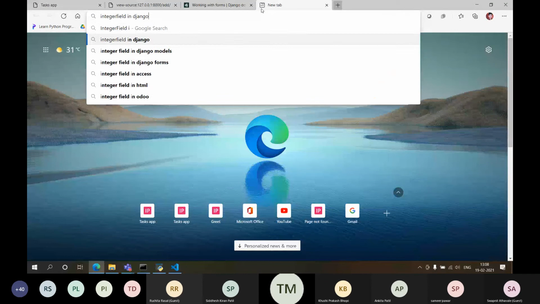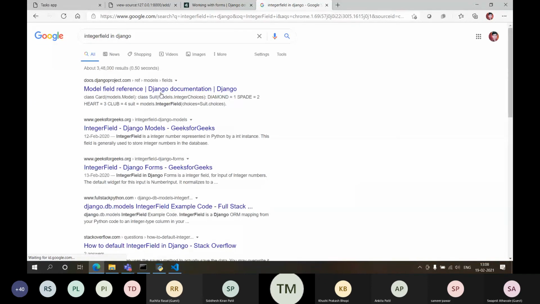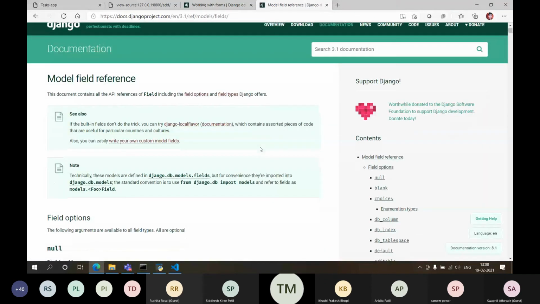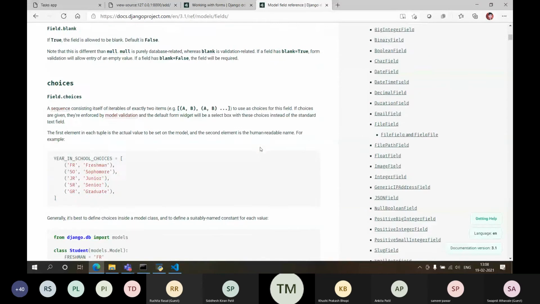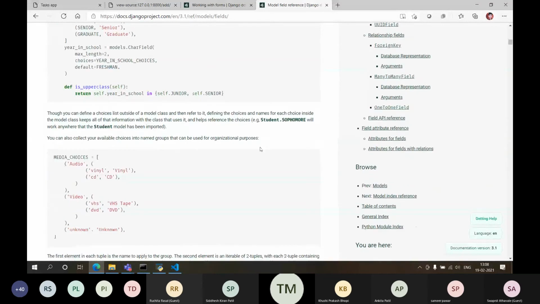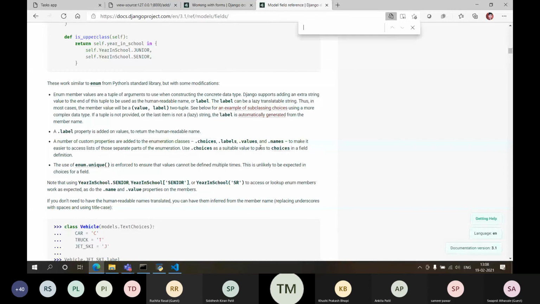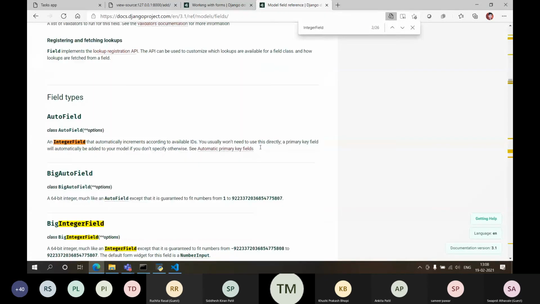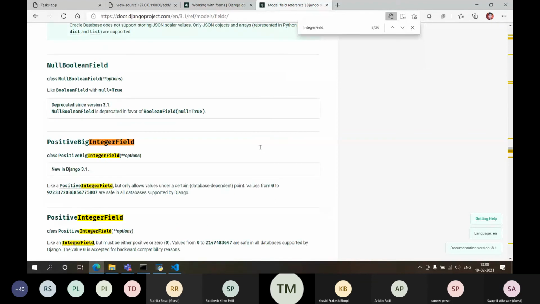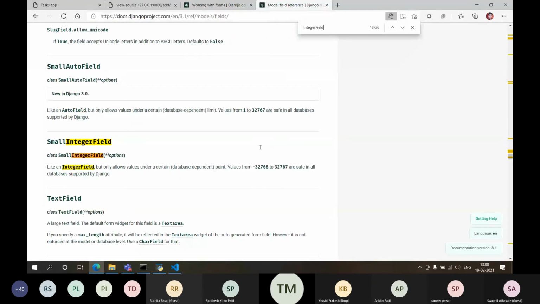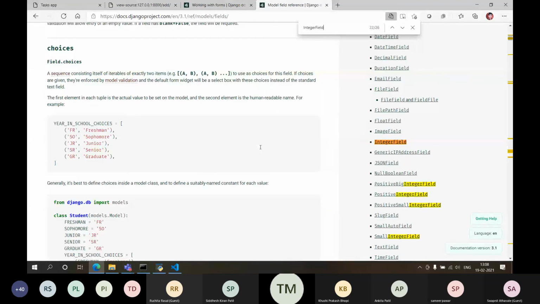Integer field in Django. I want to get a reference. The documentation is huge, and you can find anything anytime.